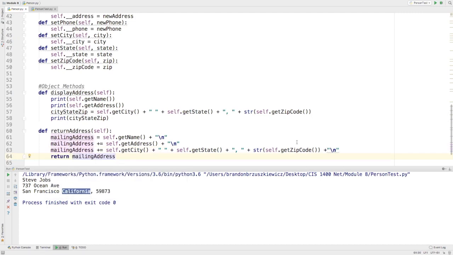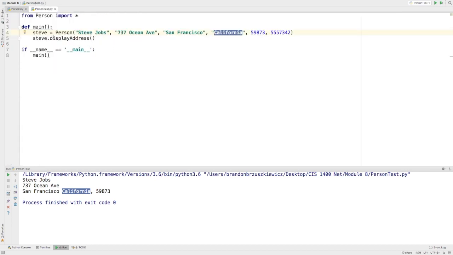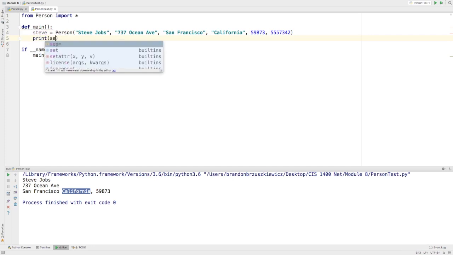And so it doesn't matter if I'm making object methods that are void methods that are just modules, or if I'm making full-blown return methods or functions. They can both be object methods in their own right, and I could do different things with them. So I can come over here to persons test, and instead of saying display address, I could use the method in a more meaningful way, like printing Steve's dot